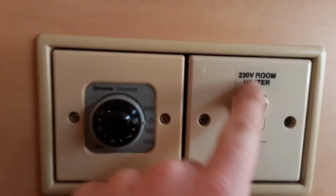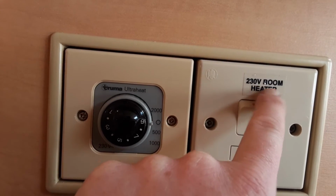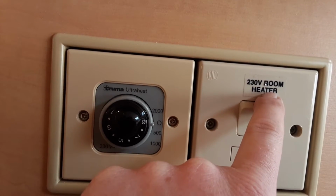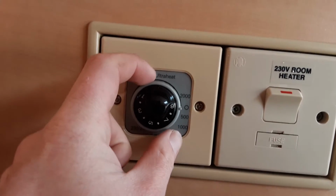We're going to go to the heating system next. The heating system again is quite straightforward to use. If you're on mains power, you'll need to have the room heater main power switch on just here. As you can see, 230 volt room heater. If you want to turn the heating on electric, you'll need to use this dial,